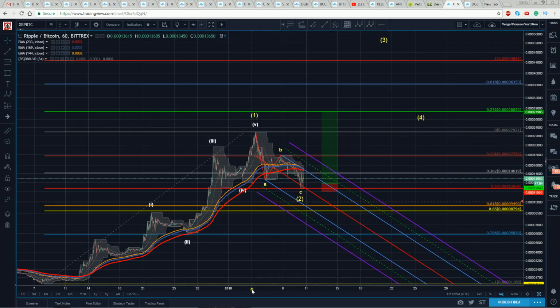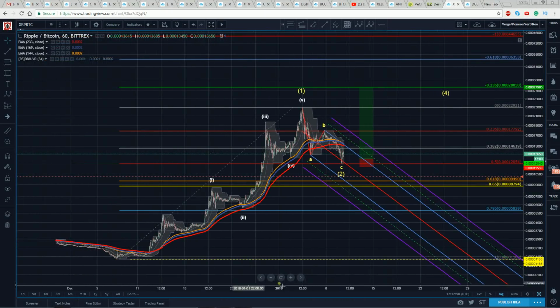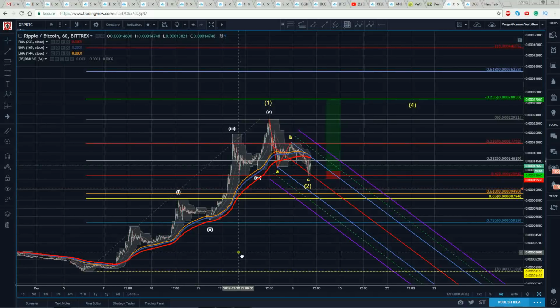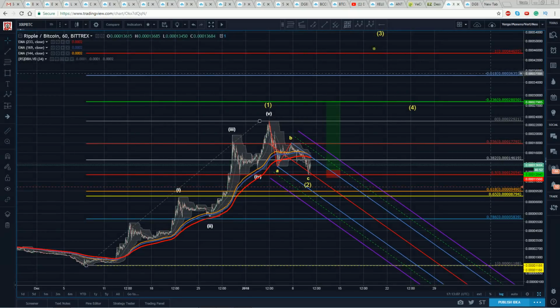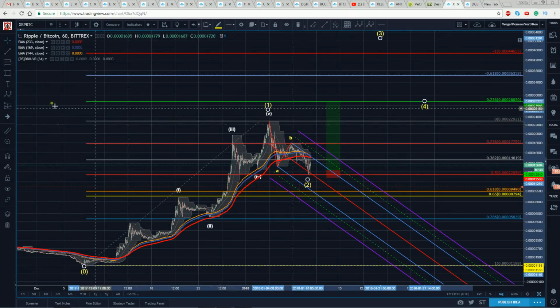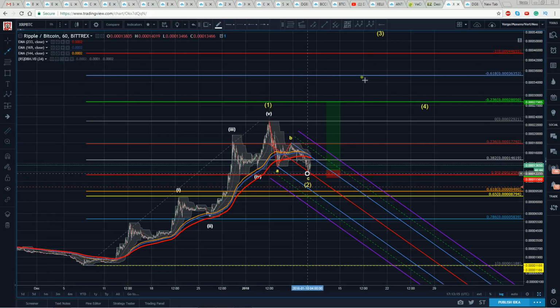So if we squeeze back in here now, knowing that those are up there, and we start thinking about a wave 3 projection, well, we're likely to do it with subdivision as we complete a third. So we're looking for that subdivision. So it's not likely to go straight up. Okay, again, it's crypto, so anything's possible, but